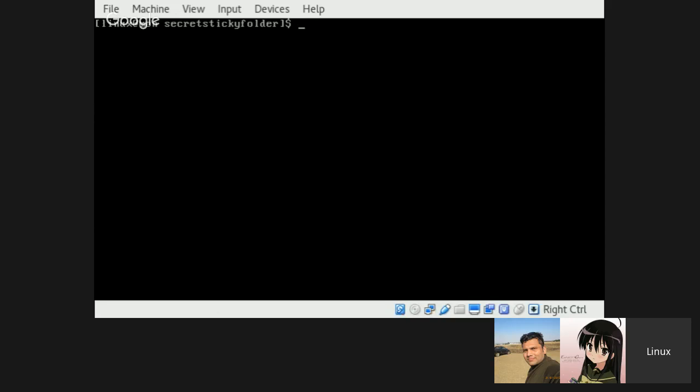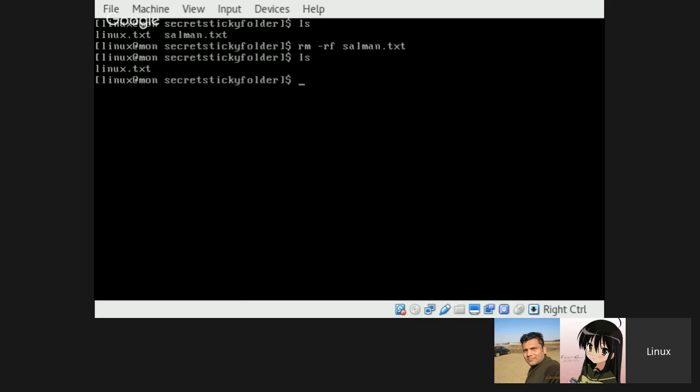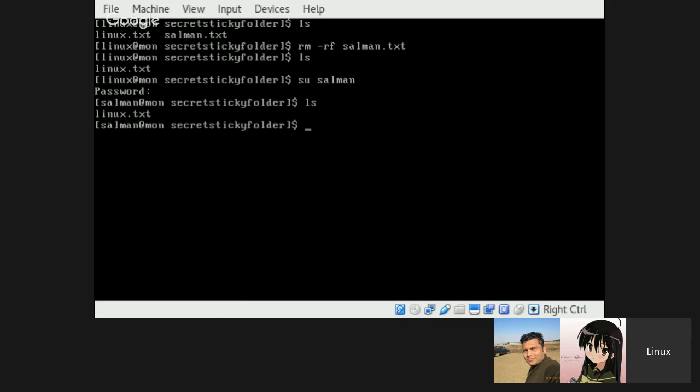Okay. Now let's say this user Linux is angry with user Salmon and he tries to delete it. It's gone. Now user Salmon is very angry and he comes back, checks that his file is gone. He can delete the same with Linux, but instead he just created his file back, added some content to the file,